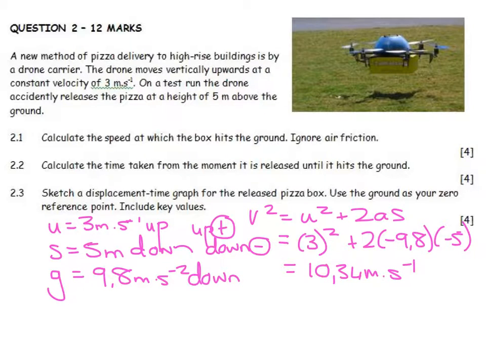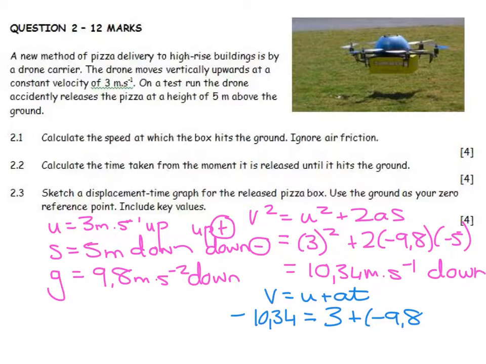And then the next one is calculate the time taken from the moment it is released until it hits the ground. So we're going to say V is equal to U plus AT. I could have used S is equal to UT plus half AT squared, but I'm going to get a quadratic, and I'd rather not potentially carry my own mistake. So this V over here turned out to be downwards as well. It would have been a negative answer. And so I'm going to say this is down 10.34 is equal to 3 up plus negative 9.8 t, and my time will turn out to be